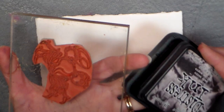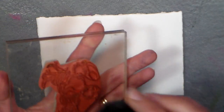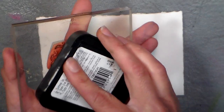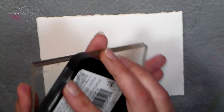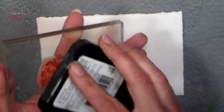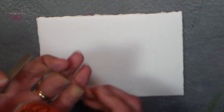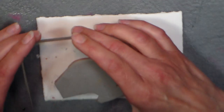And I'm going to use Distress ink for this. And Distress ink is reactive with water. So you're thinking, Lindsay, what are you doing? You're going to stamp with that and then you're going to put watercolor on it. It's going to be a hot mess. Well, I'm actually going to use the fact that the Distress inks bleed to my advantage. So the first thing I'm going to do is stamp this little crab here